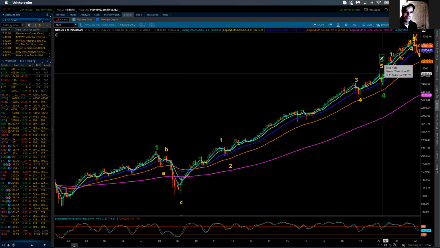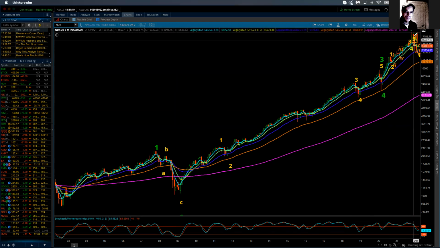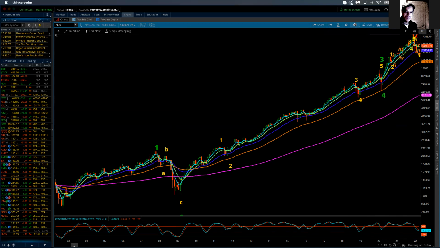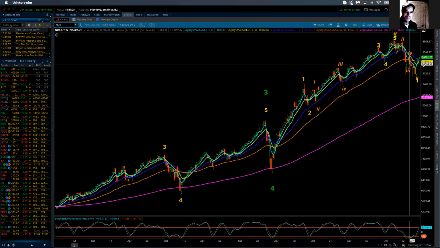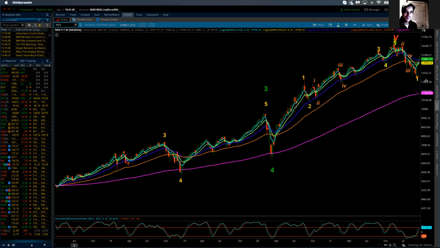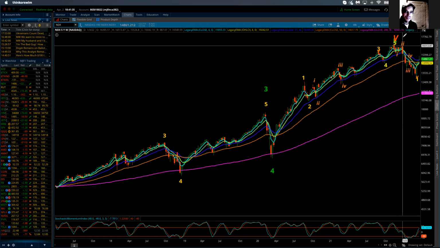So we are looking for one last 5 waves up to complete primary wave 5. I believe that has been accomplished. So now I'm going to come out to the weekly chart. If I can pull that down a little bit, you can see I've got intermediate 5, primary 5, cycle 5. That primary green buried behind all of that is what we're now looking at.